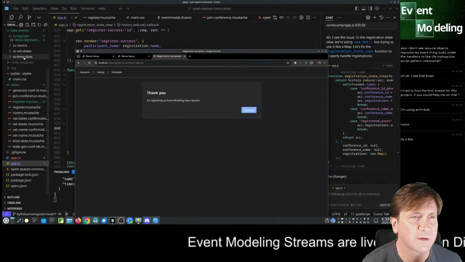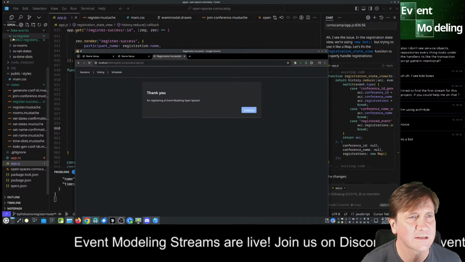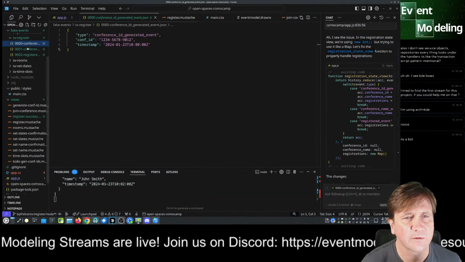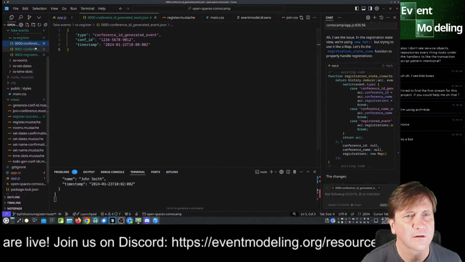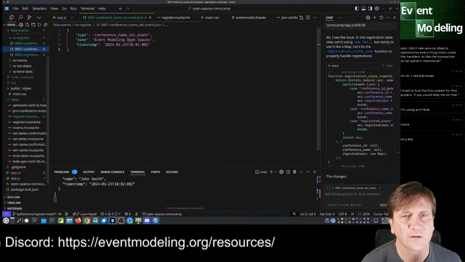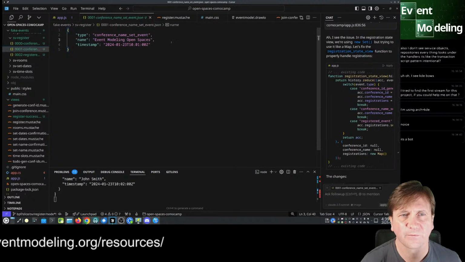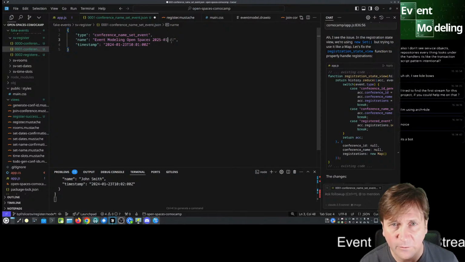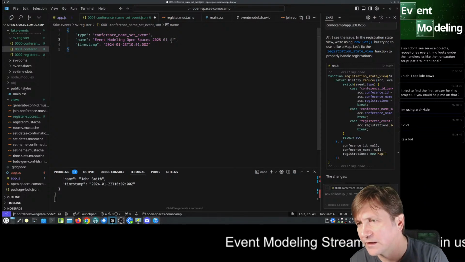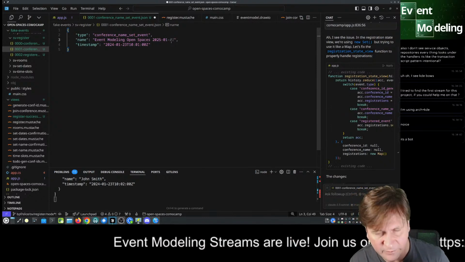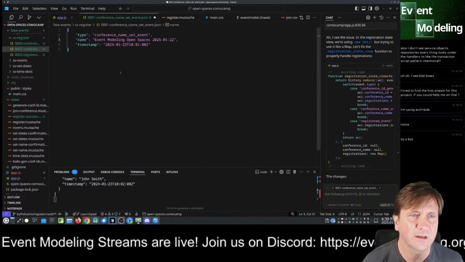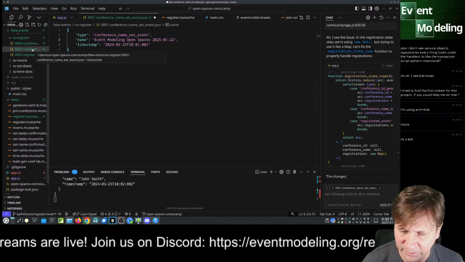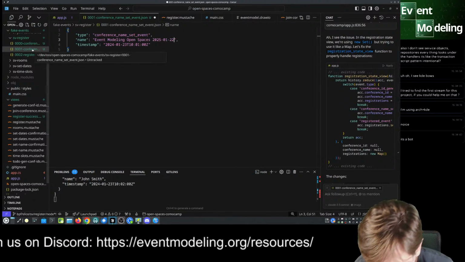So event modeling spaces, our fake event has that, our conference name, right? Name open spaces. And then let's just do for 2025, 01 and 22, right? So let's just add that to the name. Again, you're never going to be changing the contents of